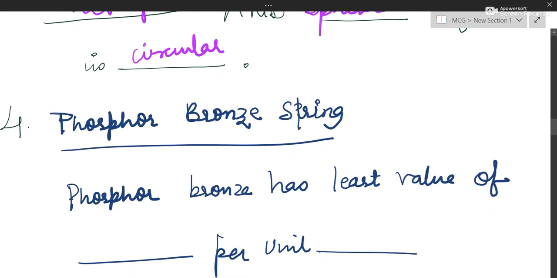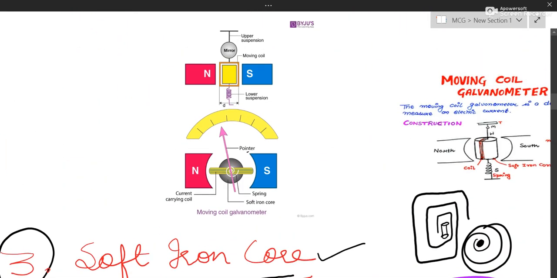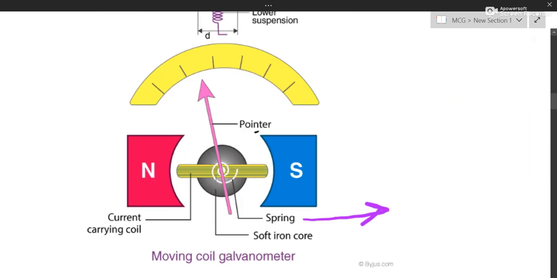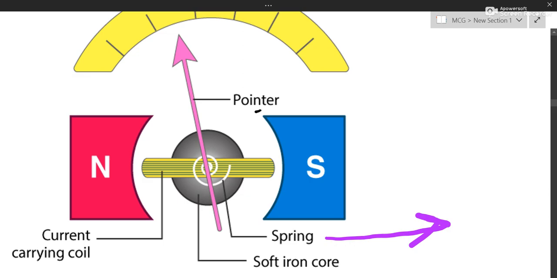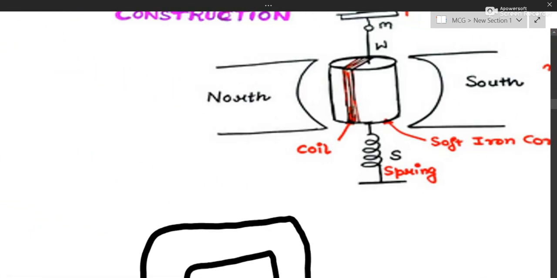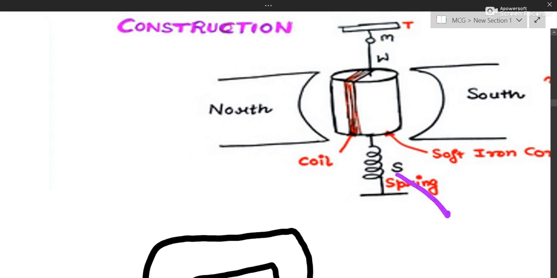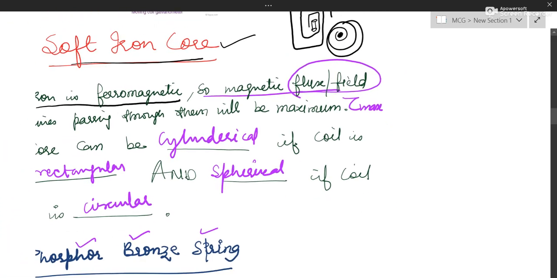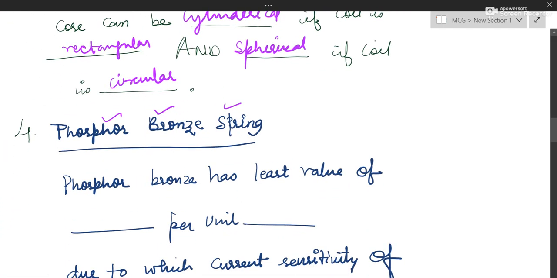Fourth is very important, which is phosphor bronze spring. I'll show you in the diagram. In both the diagrams you can see the spring. Here it is written, this is spring, this is spring, like this they have turned. So I'm erasing. You can see once again this white color. This is your spring, phosphor bronze spring. Similarly, you can show here. In this diagram, if you're drawing this diagram, then this is a spring. So anyways, you have to write spring. Okay. Now, why phosphor bronze spring?